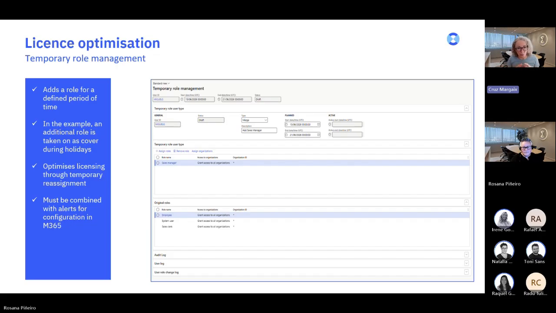So this is a good way to optimize licensing. However, be aware that this is a change that will happen in F&O, but not in the license assignment. So this has to go with some sort of alerts or some sort of automation to, for the same period, reassign the licenses in the admin center.